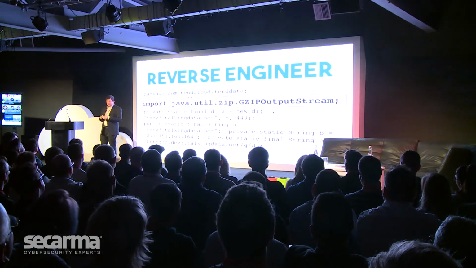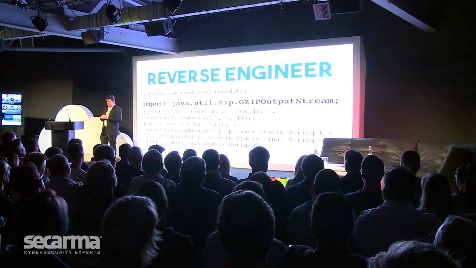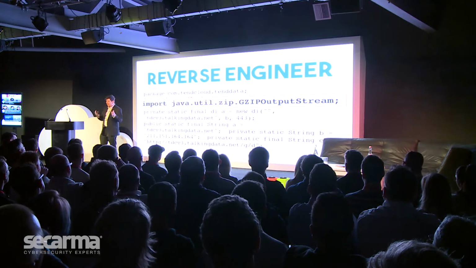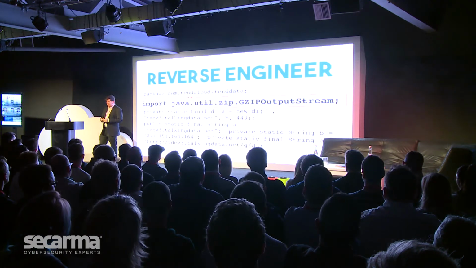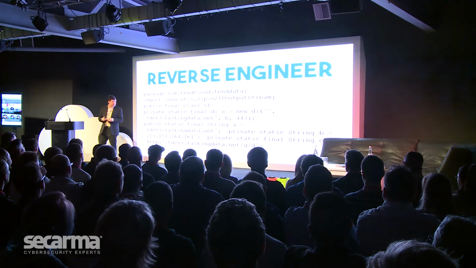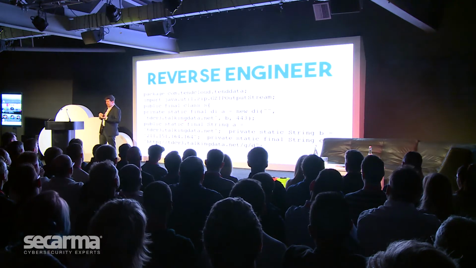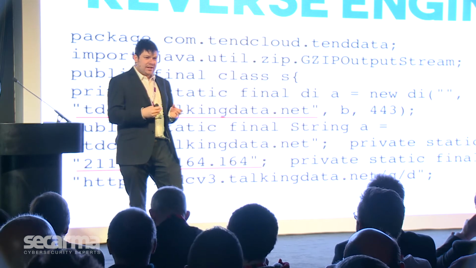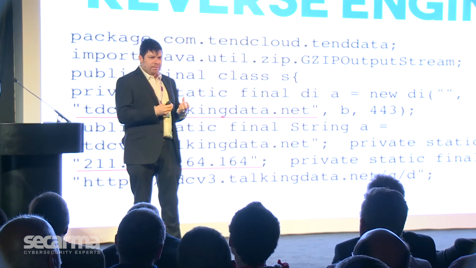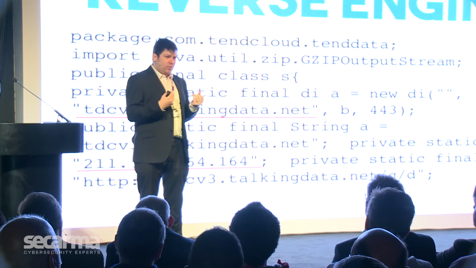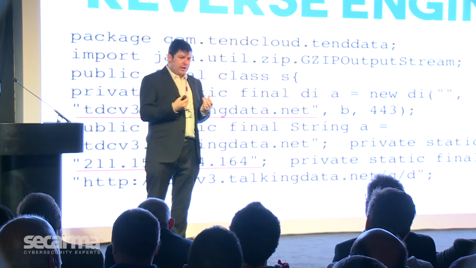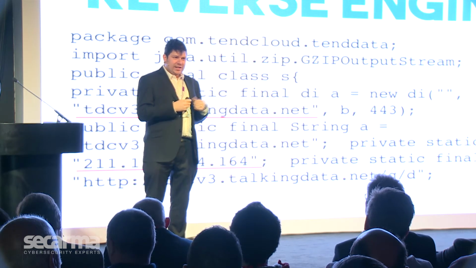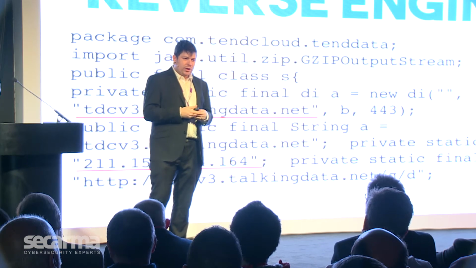I'm not expecting any of you to necessarily understand what it's doing. But what I noticed is it's using a function called gzip stream. So I know that the weird data, the binary mess that was being sent earlier, is being sent through gzip. And I mentioned these Chinese analytics companies, and it's got a hard-coded IP address and a hard-coded URL. So whatever data is being sent, it's hard-coded in the application. It means for me that it must have one hell of an infrastructure behind it, if 50 million people can download this application and it can send data to it. And it made me want to look at what data was being sent.